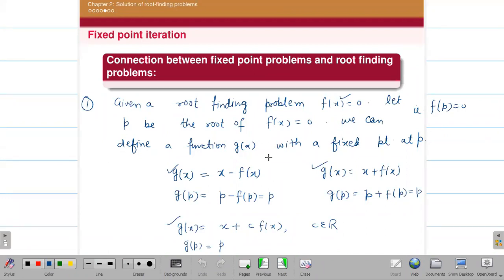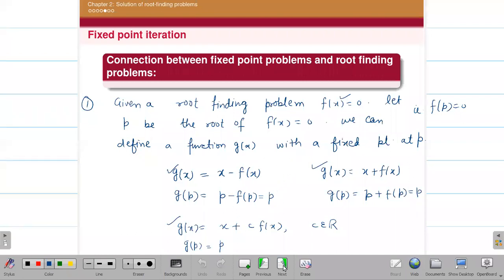Actually, this method is a little bit tougher. I'm not saying it is a difficult method. It is more difficult than the bisection method, because bisection is a very easy method. So the only thing you have to do is construct your g of x. Then there is nothing else to do with this method. So don't get confused about constructing g of x. We will do practice also, on how to construct g of x. The difficult part in this method is only to construct a g of x, nothing else.